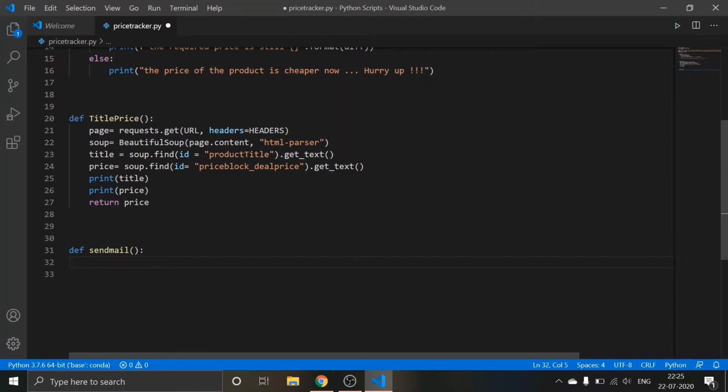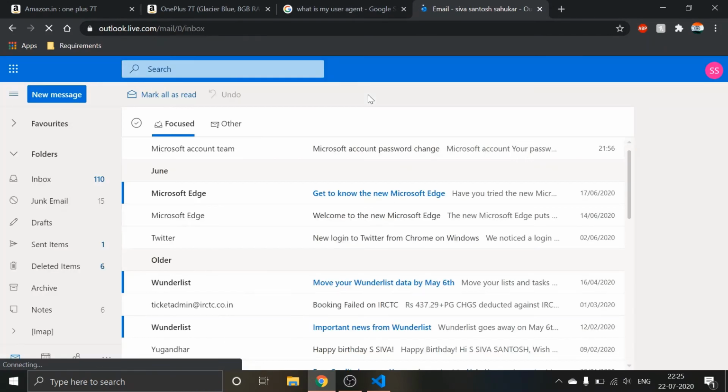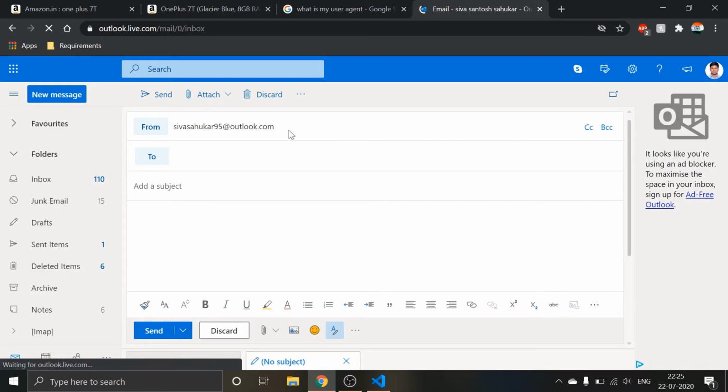So whenever you open a mail, what basically do you see? Let me show you my Outlook Live. Let me show you what we are going to do now. So you are creating a new message. You have from, to, subject and a body, and then you send a mail. So we are going to declare all four things here, because we have to know who is sending, to whom we are sending, what is the subject, and what is the body.